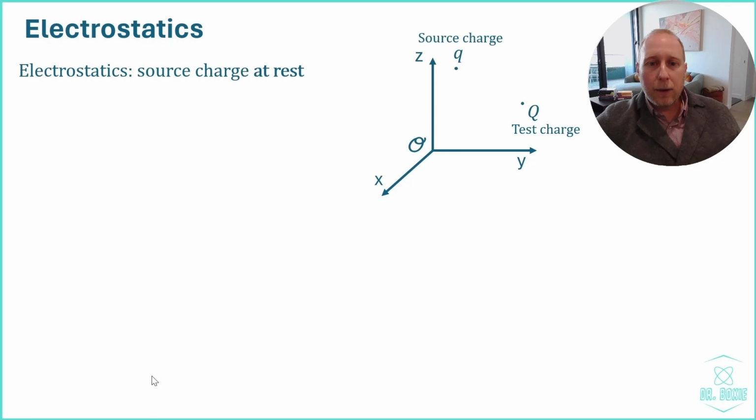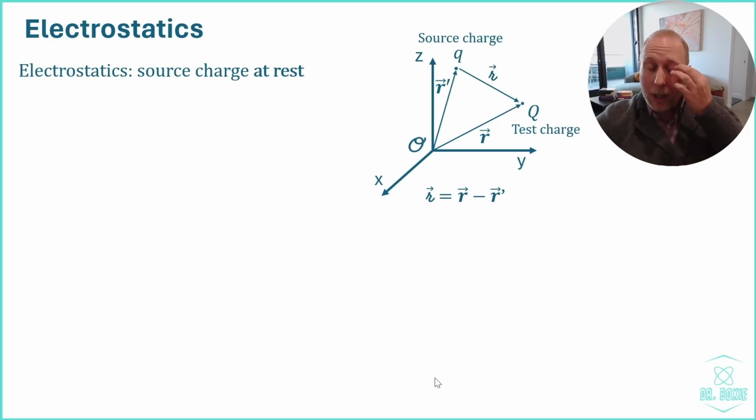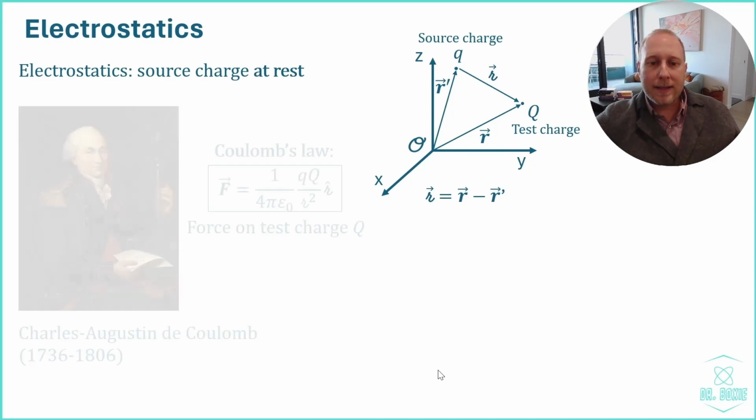Now, if we define the vector r, which is the vector going from the origin to the test charge, r prime is the vector going from the origin to the source charge, and curly r, which is defined as r minus r prime, is the vector going from the source to the test charge, it turns out the force in this electrostatic case of the source charge on the test charge is given by